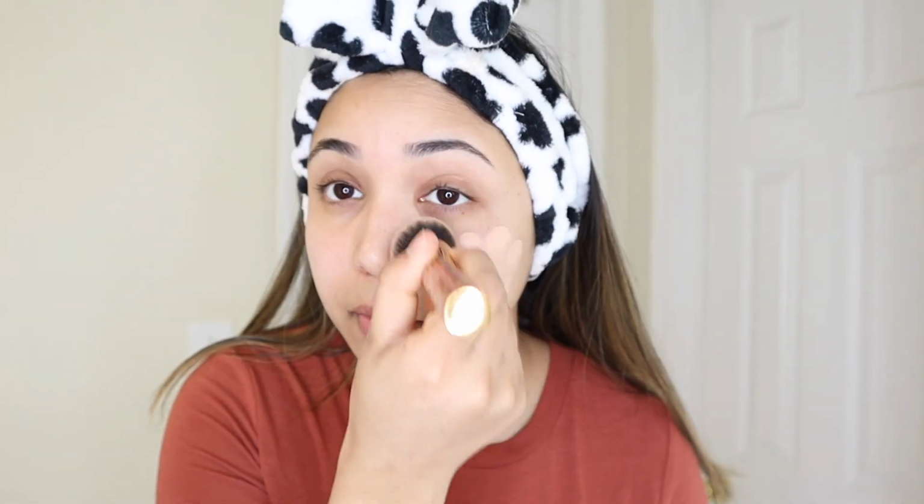Alright, yeah, looks good. I am gonna start with my foundation and I use the Tarte Face Tape. What I do normally is take some in my hand and then I just take a brush and apply it all over the face. Yeah, it's very quick,